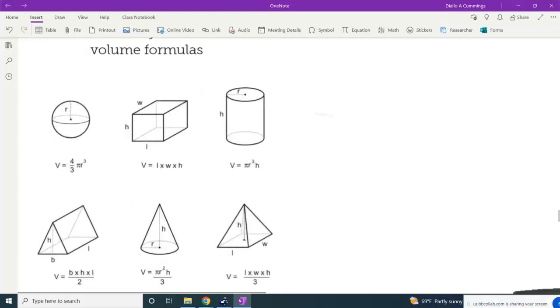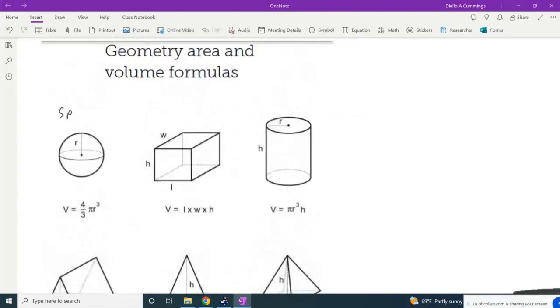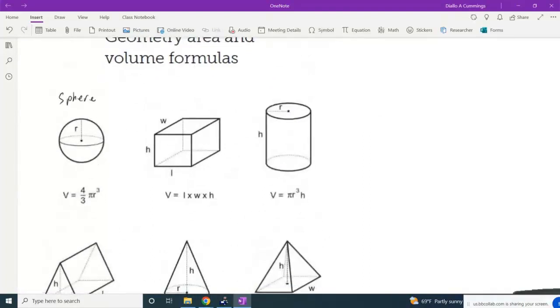Looking at the formula sheet, the very first formula is for a sphere. This was the best formula sheet that I could find. The formula for volume is 4/3 times pi r cubed. That second figure is called a prism, a rectangular prism. And the volume is the length times the width times the height. That third figure you see is a cylinder,